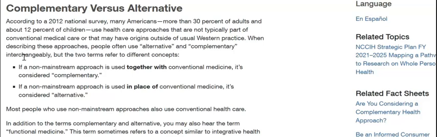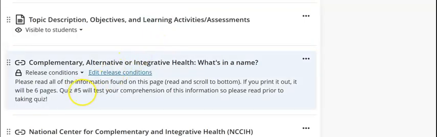We're going to come back to this website for other reasons, especially our herbal presentation, but it's an excellent source. Again, it's through the National Institutes for Health. But read through because it's important information, and this information will be on the quiz. So then, and it says it right here. If you want to print out the information, it's going to be 6 pages. But if you read through, you know that quiz number 5 is going to ask you questions about